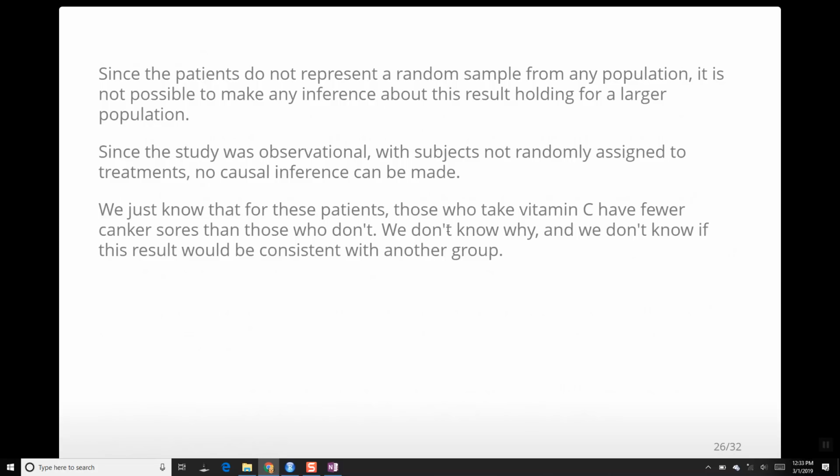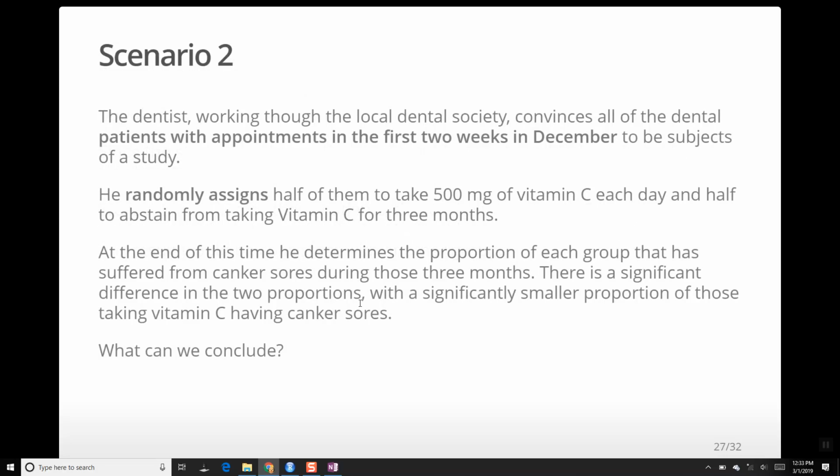So as far as this goes, all we can say is that for these patients, those who take vitamin C have fewer canker sores than those who don't, but we don't know why, and we don't know if this would be consistent with a larger group. Okay, so over here,